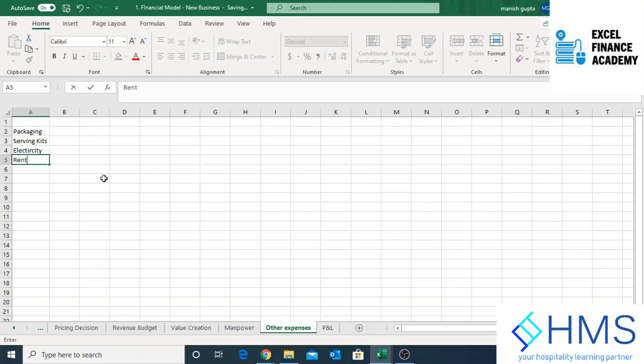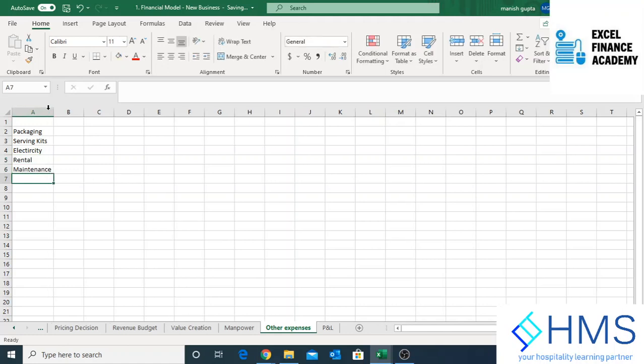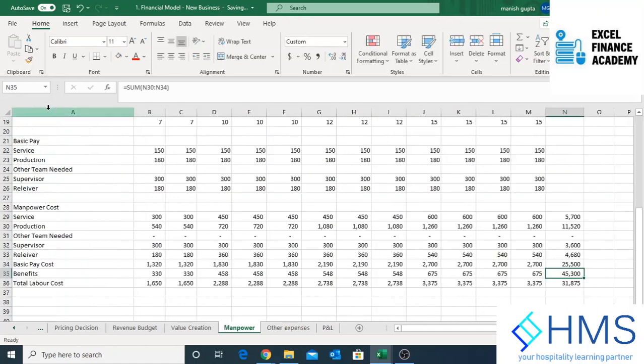You may need to pay the rental. You may need to pay the maintenance. You may need to pay the other miscellaneous expenses for office. You may need to pay office. You forgot about the accounting in the manpower, because this manpower was only for the